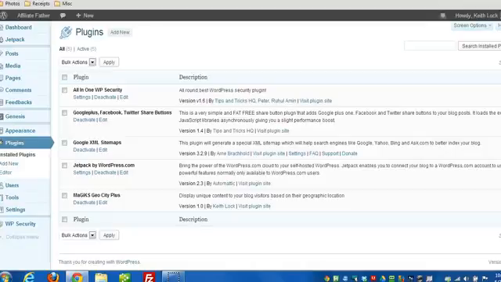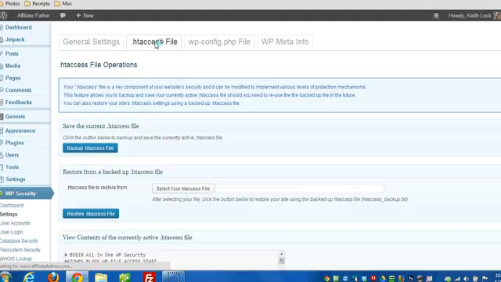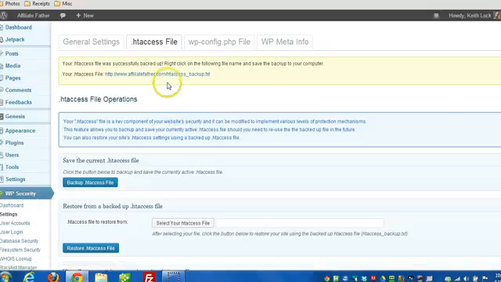Hey everyone, in this quick video I want to talk about how to back up and restore the .htaccess file using the All-In-One WP Security plugin. So the first thing you want to do, head over to settings after you install and activate the plugin, and then across the top you click on .htaccess file, and from here you can simply click that button to back it up, and it'll put a copy of the contents right in the root of